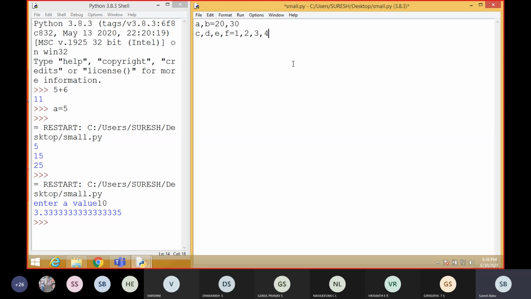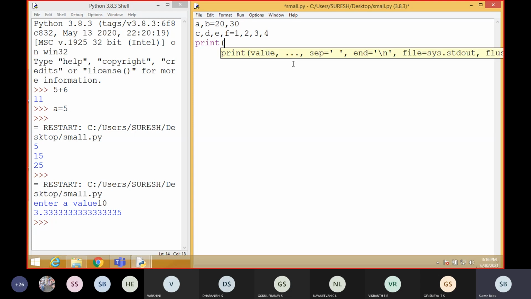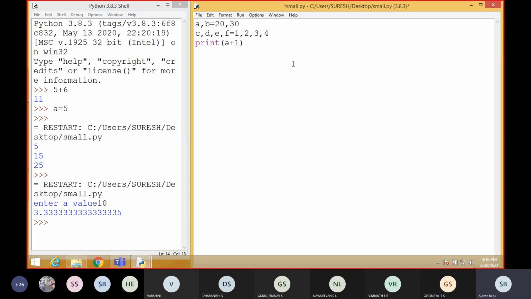Now with this we are going to execute some functions. Kindly understand and tell me the result. Students, everyone ready? Yes, sir. Print a plus 1, then the next step, print b minus f, then print c into b.